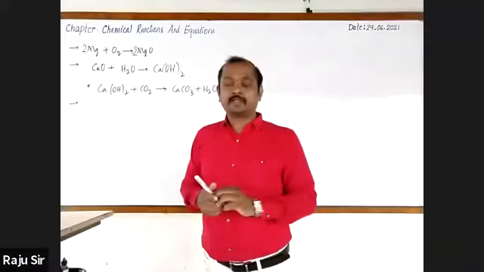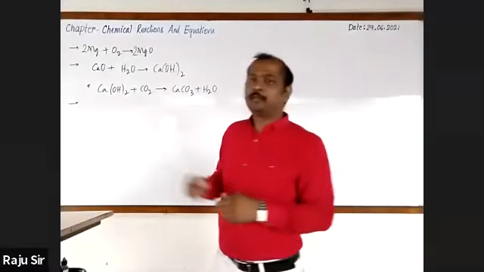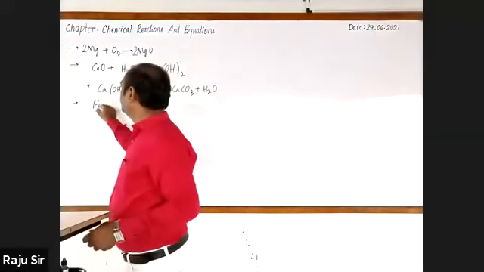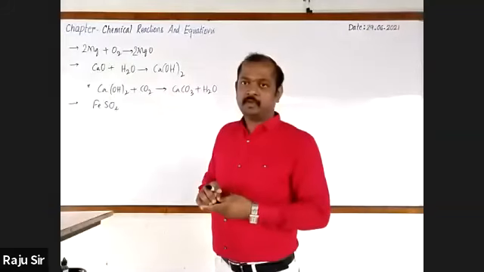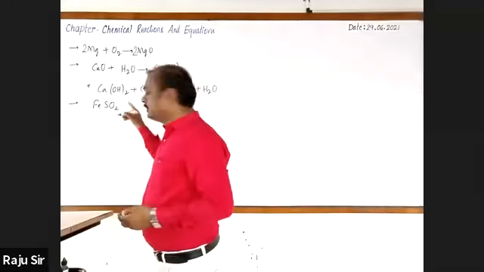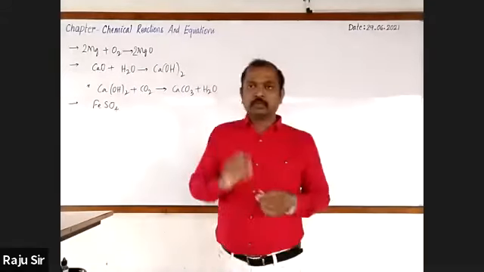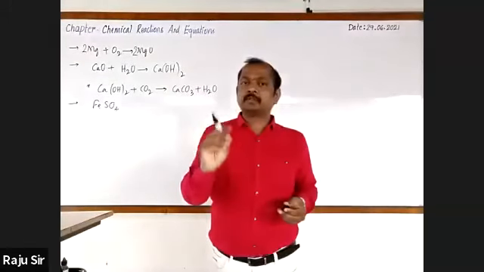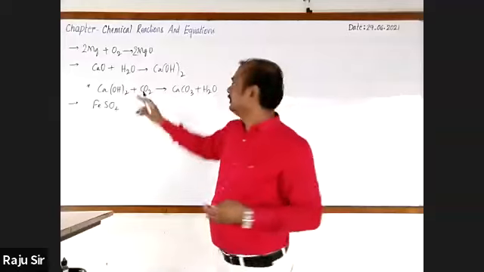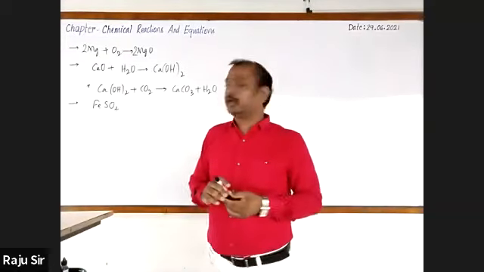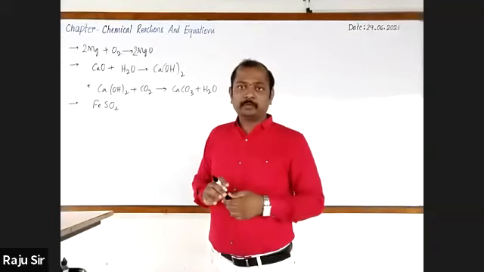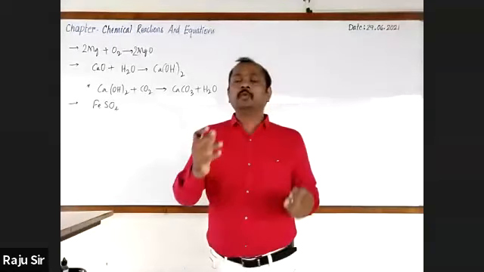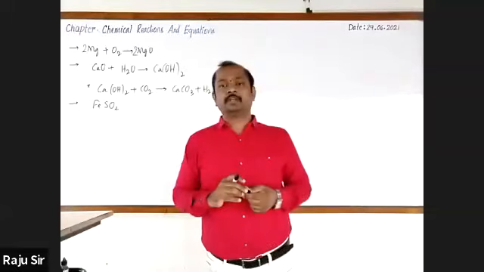Heating of ferrous sulfate. We know that the color of ferrous sulfate is pale green, light green. And this green color is due to the presence of the fixed molecules of water in one formula unit mass of ferrous sulfate. So in one formula unit mass of ferrous sulfate, how many water molecules will be present? 7